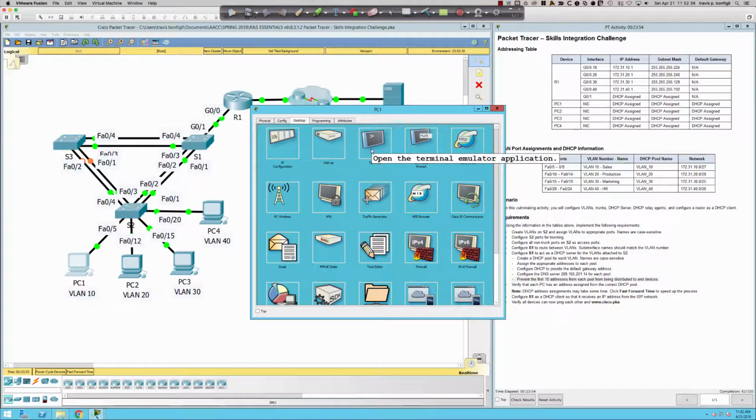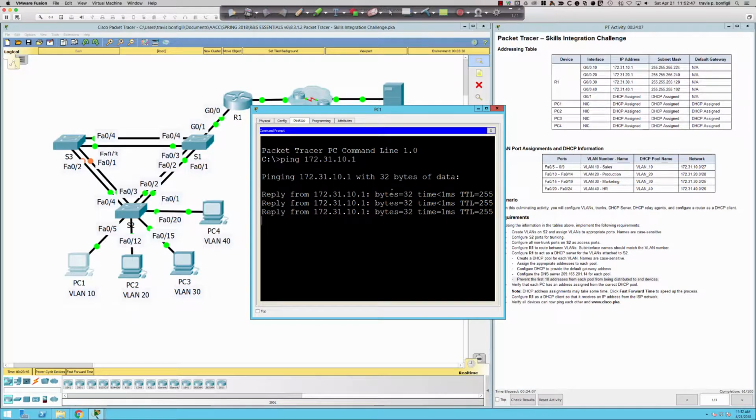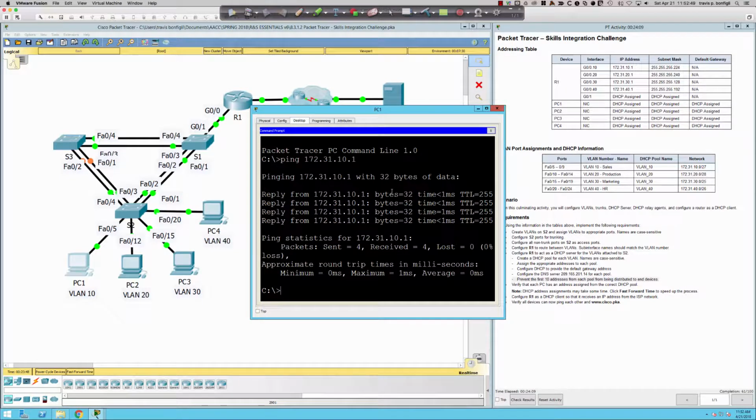Now I can check in VLAN 10 to see, hey, do I have connectivity? And what do you think the answer is going to be? If I got the DHCP address, then it's a pretty good possibility that I'm going to be able to ping 172.31.10.1, right? And that works fantastic. Okay, what does it say? R1 is a DHCP client. I'm looking down further, so testing all the way out. Okay, so can I ping